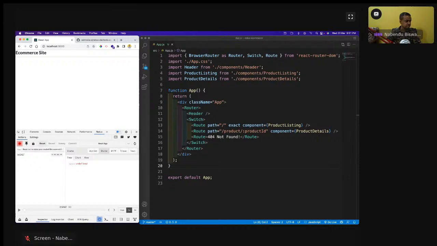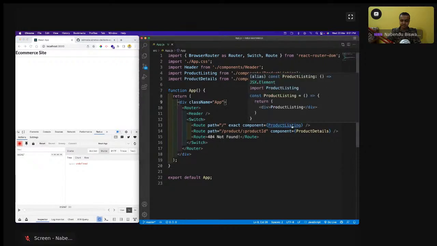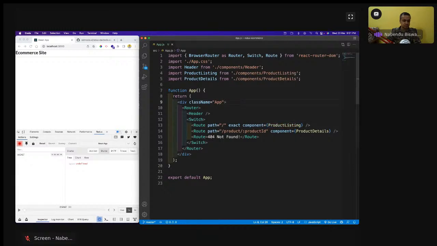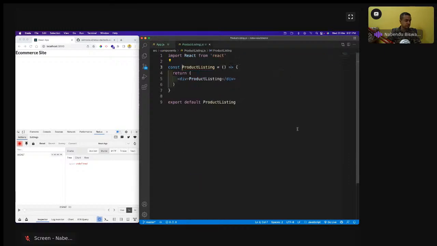One more thing. Product listing will go, and from product listing we'll have this product component coming. So again in this div I will have the semantic thing which I'm going to have. So class name is equal to UI grid container, and then inside this thing I'm going to have a